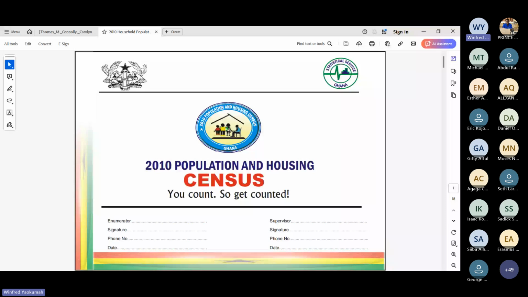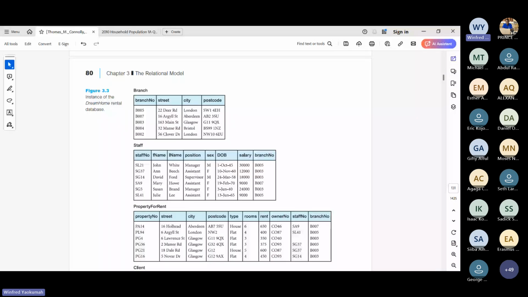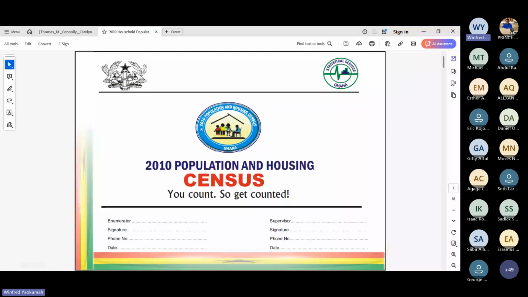So in this case, the two of you have answered it correctly. We will not have only one relation or table here. It will be two. So you begin to realize that the fact that anybody can get up and begin to create forms and put data into a database does not necessarily mean that the person has done it well. If you put the supervisor and enumerator into the same table, and let's say we have 10 enumerators and one supervisor, we will enter 10 records here, and we will repeat the same supervisor for all 10 of them. Then maybe another 10 enumerators, and we repeat the same supervisor for those 10. So you see a lot of redundant